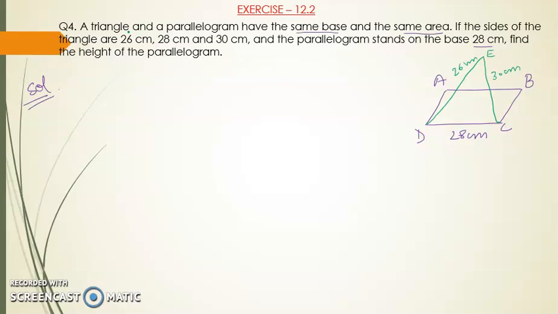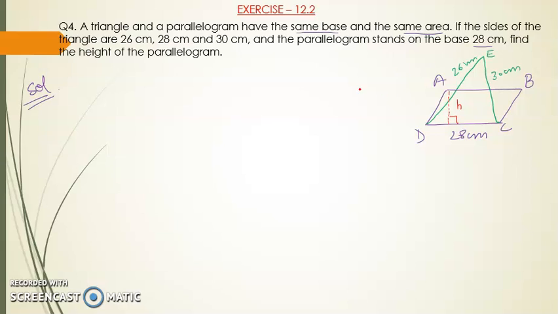See this line, a triangle and a parallelogram have the same base and same area. This means area we will check afterwards. We're checking for the base, same base. So parallelogram ABCD has base 28 centimeter, right? And triangle EDC has the same base 28 centimeter, clear? And then it is saying find the height of the parallelogram. So what is height? It is the perpendicular students. So this will be the height. Can you see with the red? This is your height h. This we have to calculate.